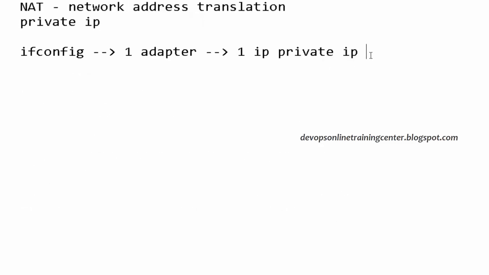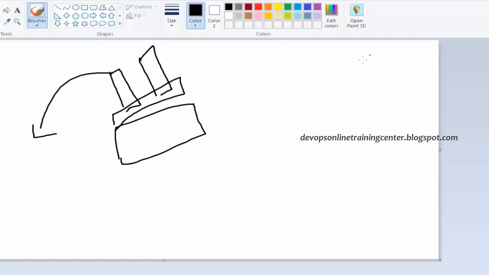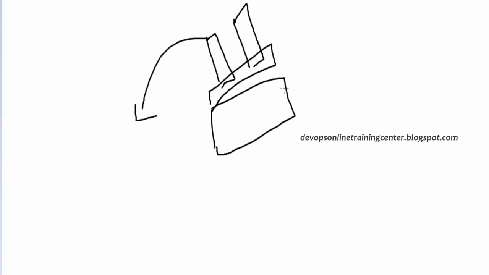But if you want to have public IP, let us say there is a wireless adapter created for this Windows laptop. So we need to create a bridge between this and the logical adapter on the VM, right? Basically we need to tell the VM, if you want to communicate, go through this. This is the wireless adapter. So this is called public network, and this is called bridged adapter.